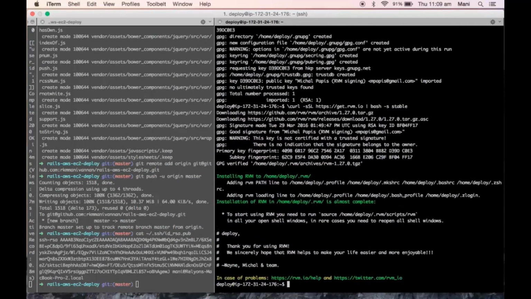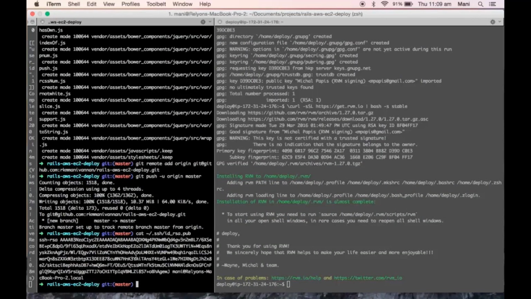So now RVM is done. Now we need to install Ruby in our server using RVM.